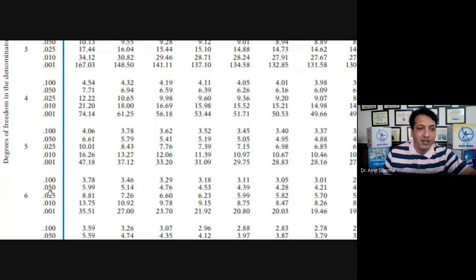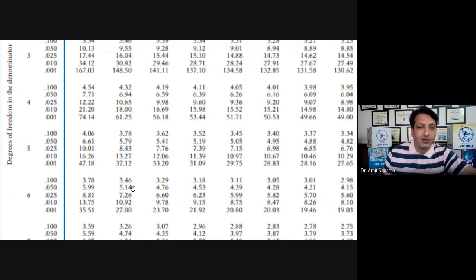But the study has a confidence interval of 95%, so I'm going to use 0.05 as a cutoff point. In front of the cutoff point we have got 5.14. So this value will be taken as the standard value, with which we are going to compare our value.